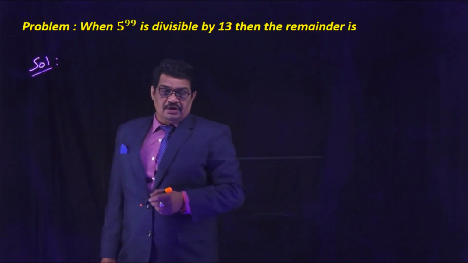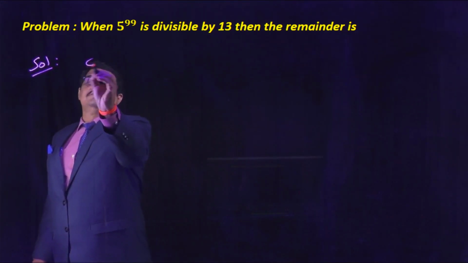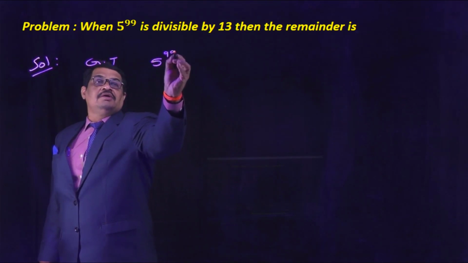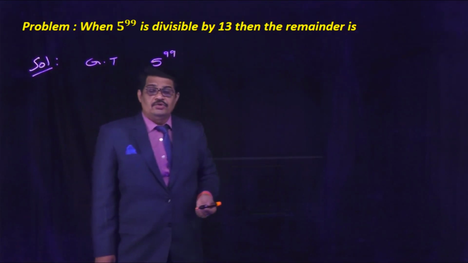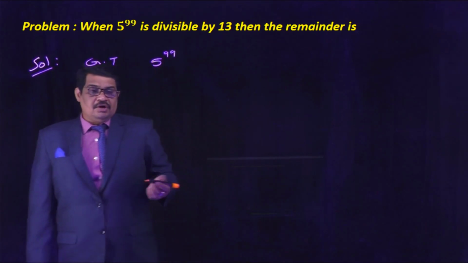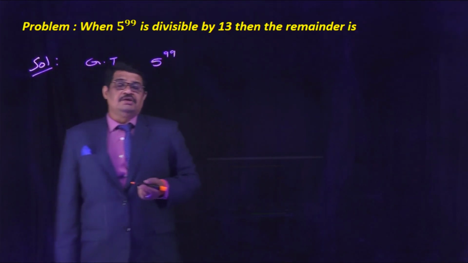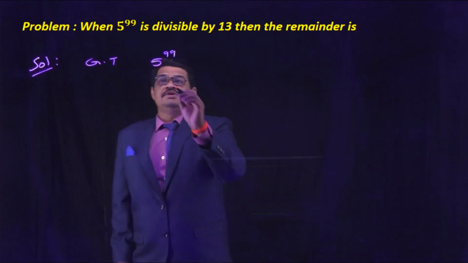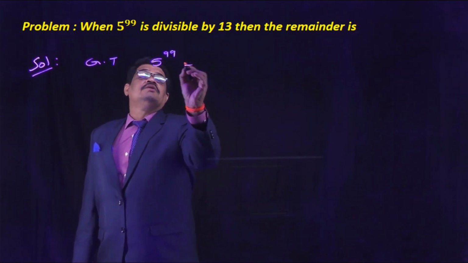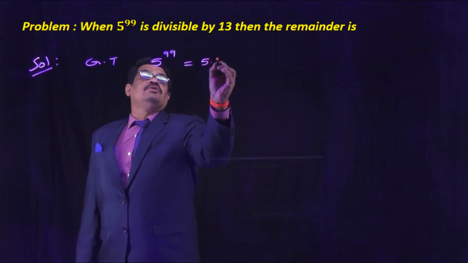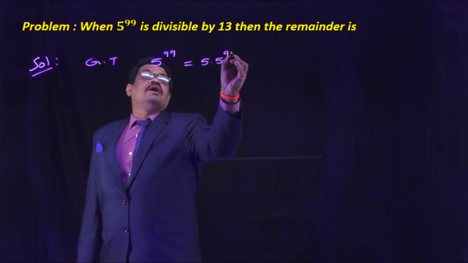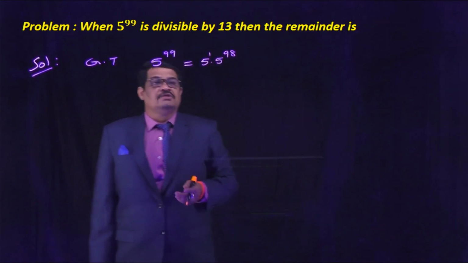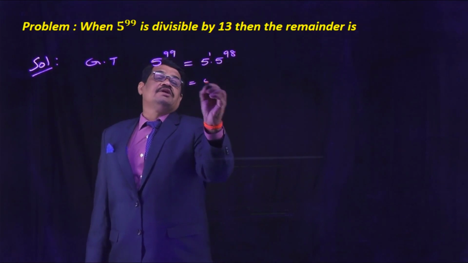What is the given term here? That is 5 to the power of 99. Now we have to find the remainder when that number is divided by 13. Okay, this 5 to the power of 99 can be written as 5 into 5 to the power of 98. Here 5 power 1 plus 98 is 99. So that can be written as 5 into